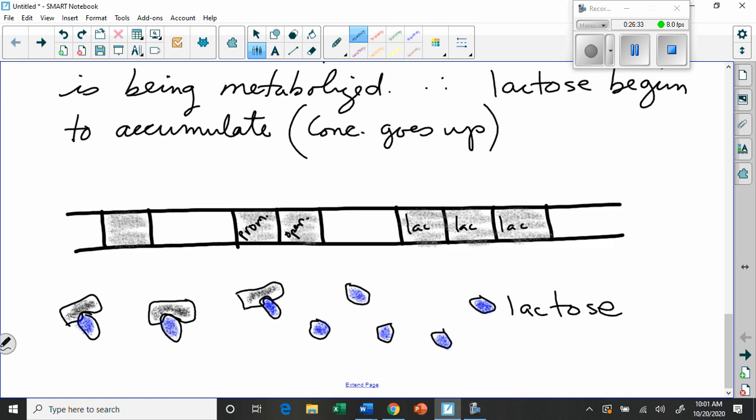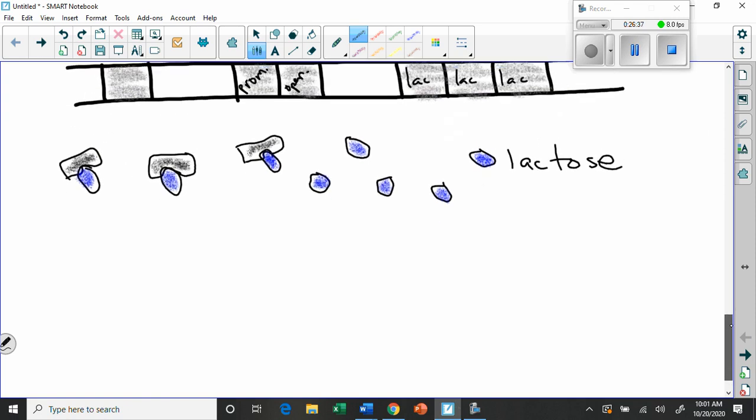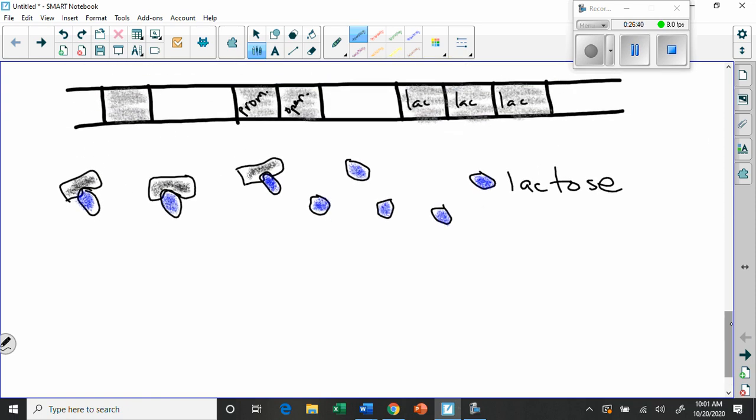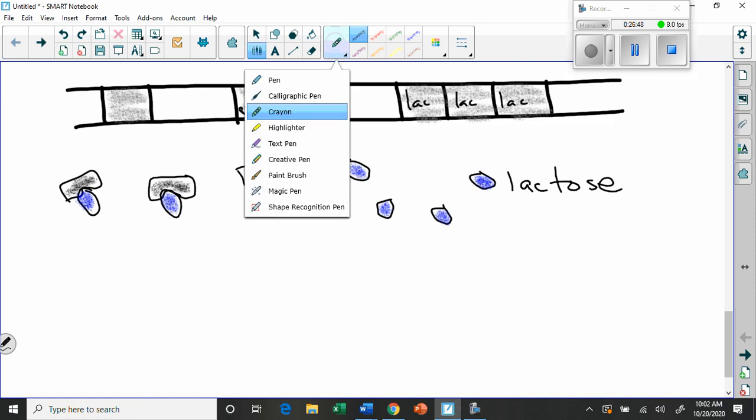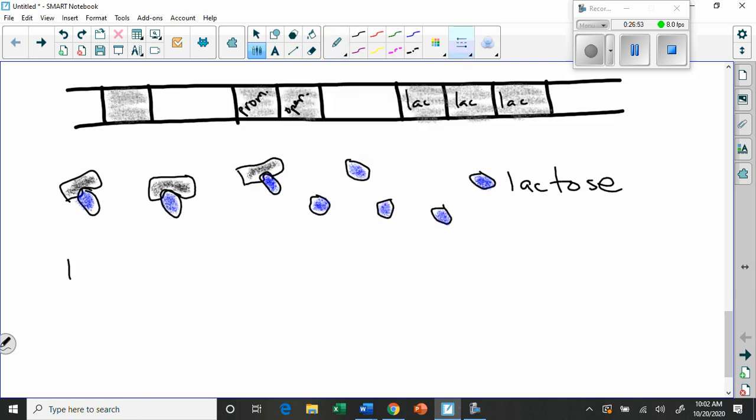So let's write that underneath. Yeah, the lactose is attached. And remember, in biology, if anything attaches, it changes your shape, essentially, right? Because of the electrons all pushing and pulling. So this renders it inactive. So let's write a little statement to that effect. The lactose binds with the repressor